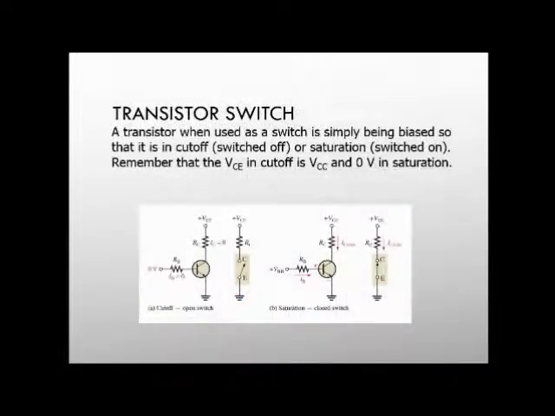Now these transistors can also act as a switch. We have already studied the two regions, that is the cutoff and saturation regions. So whenever these transistors are made to operate in these two regions, the cutoff and saturation region, simultaneously, it acts as a switch. In case of the saturation region, it is switched on, and in case of the cutoff region, it is switched off. Now you need to remember, in case of the cutoff region, both the emitter base and the base collector regions are reverse biased, but in case of the saturation region, both are forward biased.